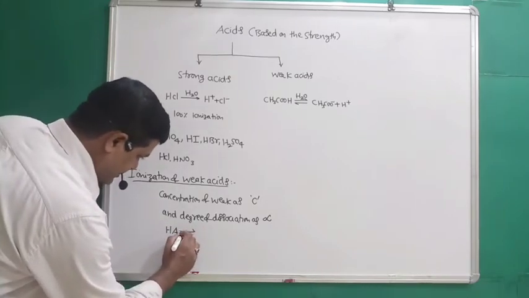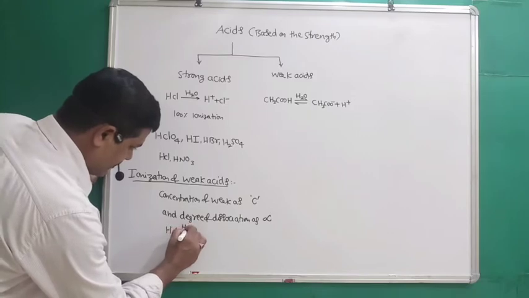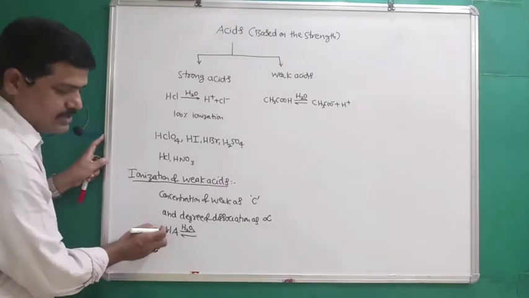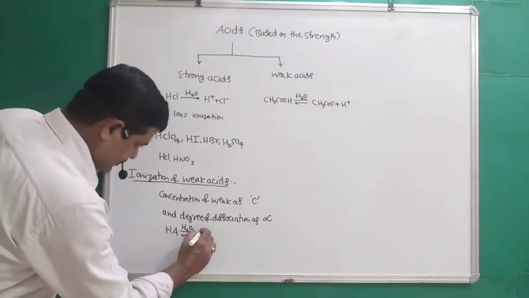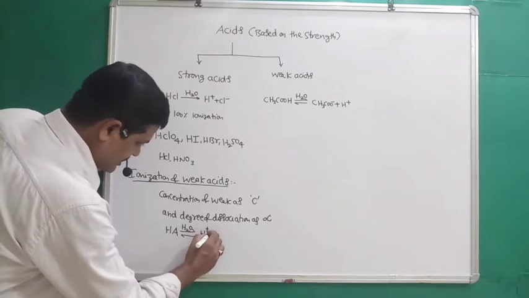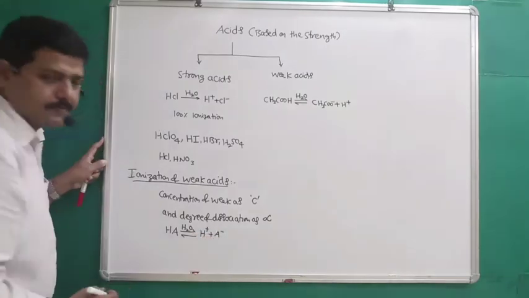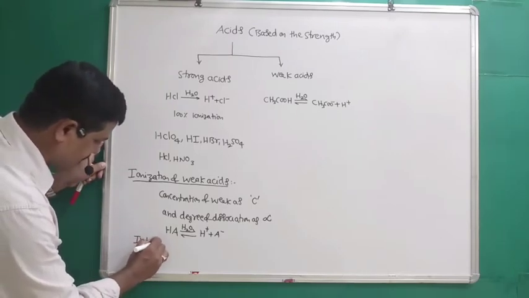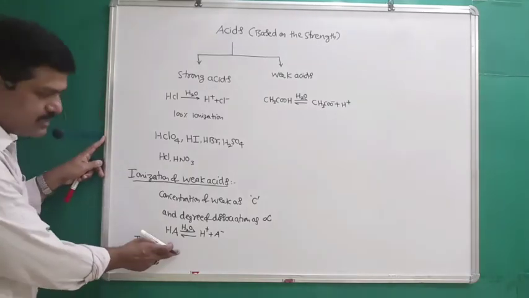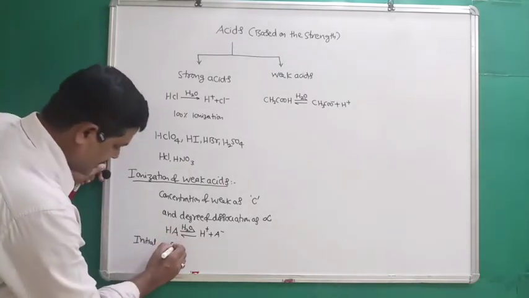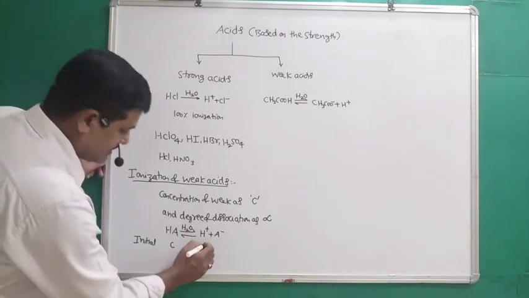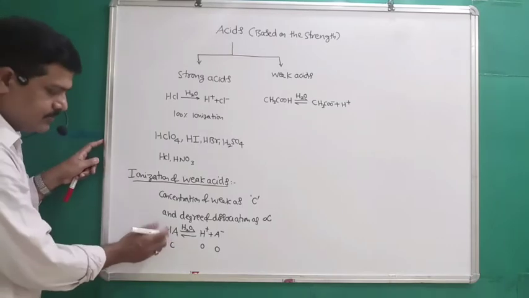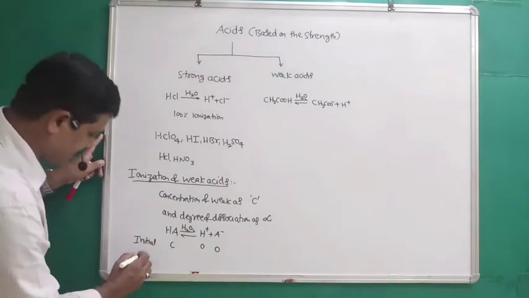When we put a weak acid in water, it will attain the equilibrium with its ions. HA is not any particular acid, it is a general formula of a weak acid which gives H+ and A- ions, right? Let us consider the initial concentrations. Initially, only acid HA is present. Its concentration is C, and H+ and A- concentrations are 0, 0. Before ionization, only acid HA is present.